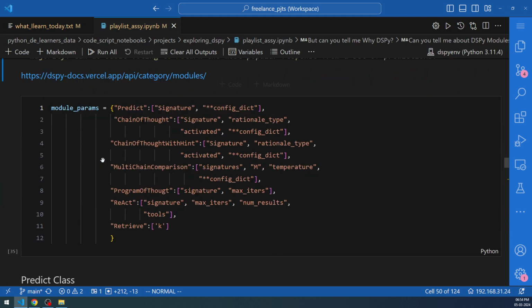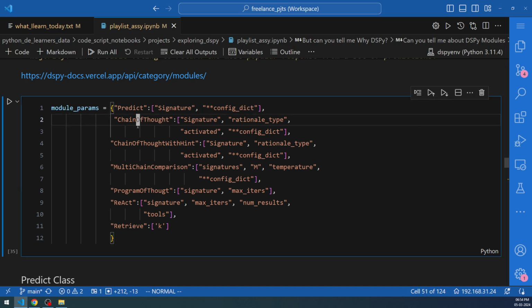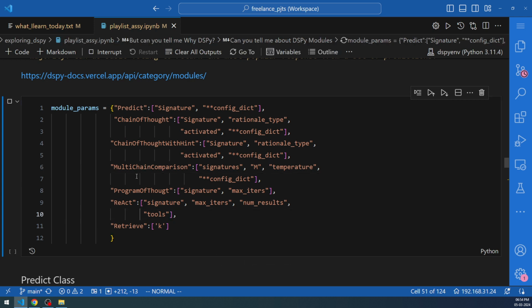Next, we are going to dive into the module parameters. I have introduced these various modules, and these modules have parameters. If you have seen my videos, I usually create these kinds of Python objects, in fact dictionaries. I create them so that it is easy not only to take notes, but also to use them to create further applications. Whenever you are learning something, if you create notes like this, it's going to be very useful later. If I execute this particular cell, the module params will contain a dictionary,